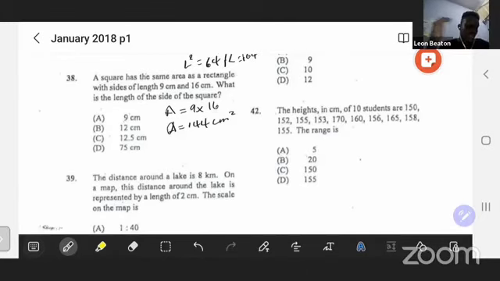So they told us that this area, which is the area of the rectangle, is the same as the area of a square. The area of the square is length times length. So we can replace the area of the square with the area we found for the rectangle. So 144 is equal to length times length, which is length squared. So length will be the square root of 144. And we know the square root of 144